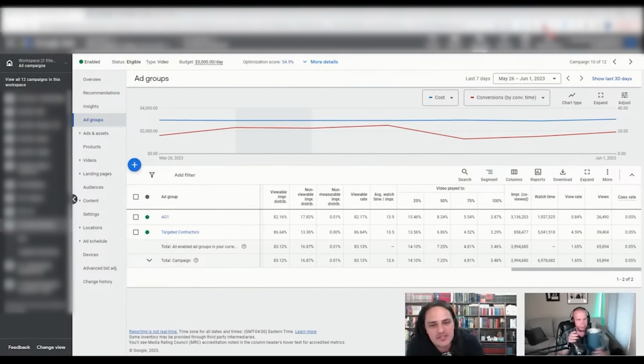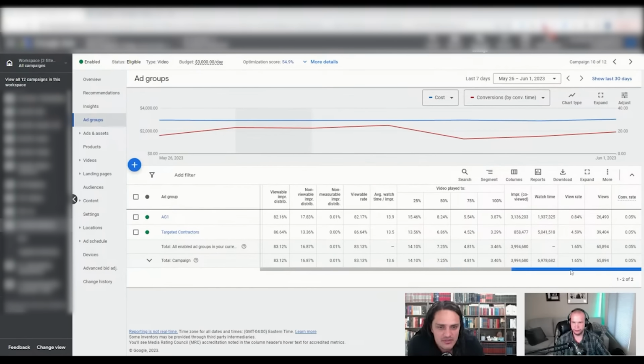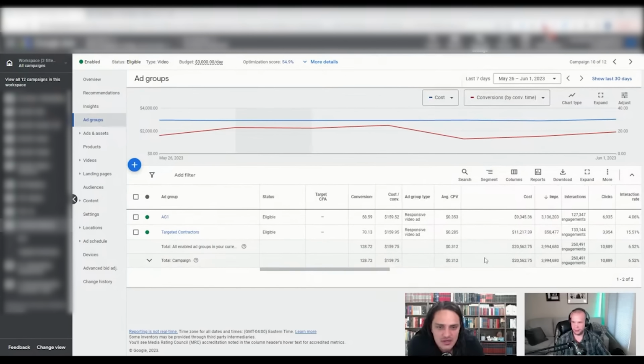Can I say something obnoxious? This is tangential, but I think so important. What did we spend to get this? We spent what to get 7 million seconds? Oh, this is a client. I've spent 20 grand this last week. Okay. So 7 million seconds is 2,000 hours, basically 1,944. 2,000 hours of high-end, high-value brand placement.